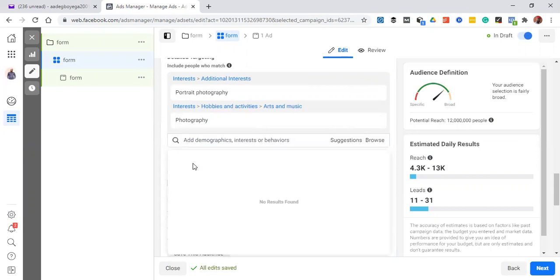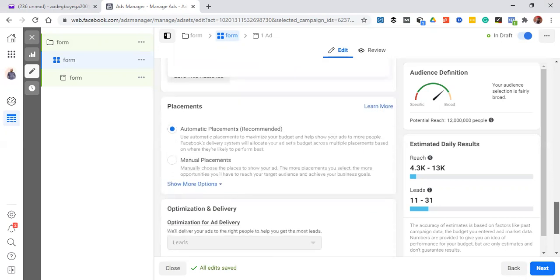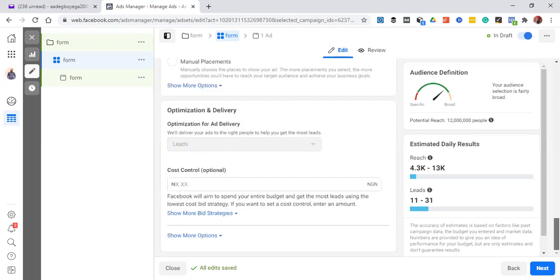So I'll stop here for the sake of learning. But if you really want to, you have to list in detail and widen your net. That's the point I'm trying to make here. Widen your net. Now, automatic replacement: I do manual, but I will leave it at automatic, I just prefer to leave it this way. I do manual in all I do really. So that is that. So I click next.